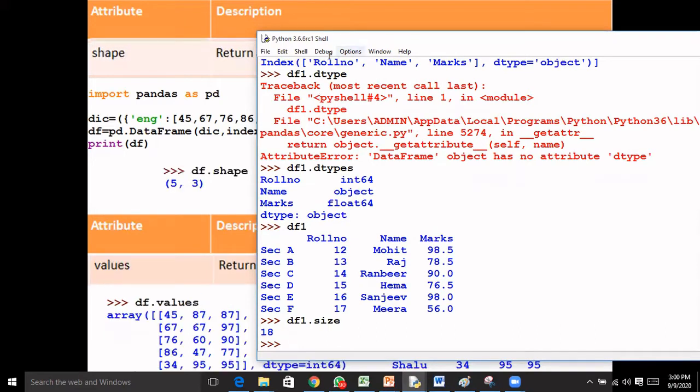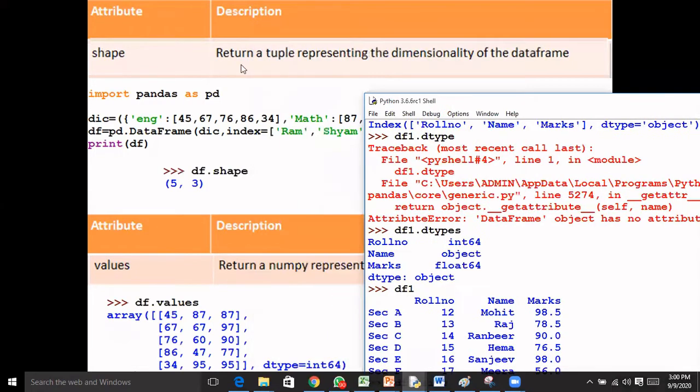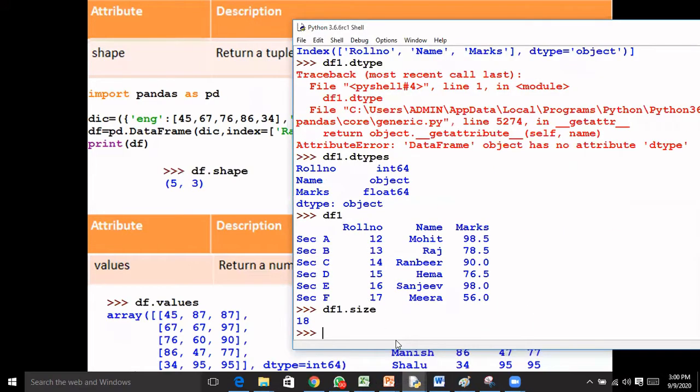Now next is shape. What is shape? Shape returns a tuple representing the dimensionality of the data frame. What do you mean by dimensionality? It means how many rows and how many columns there are, and it will return them in the form of a tuple.